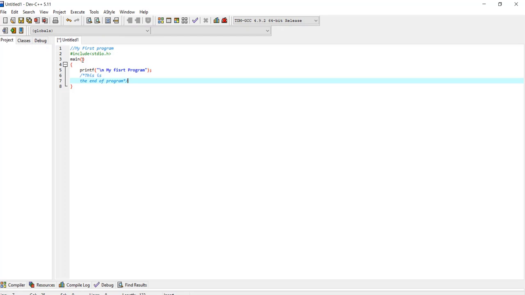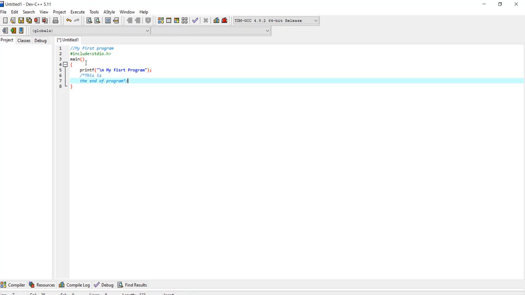In every C program we must write the main function, because whenever we compile our source code to convert it from high level language to low level language, our compiler starts reading from the main function. That's why we must write the main function in every program.